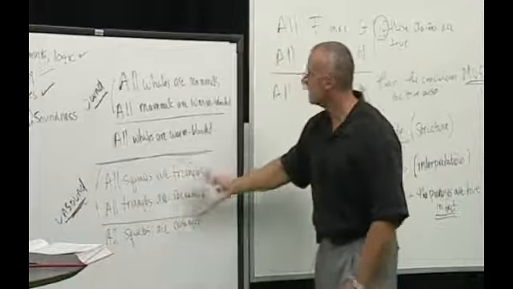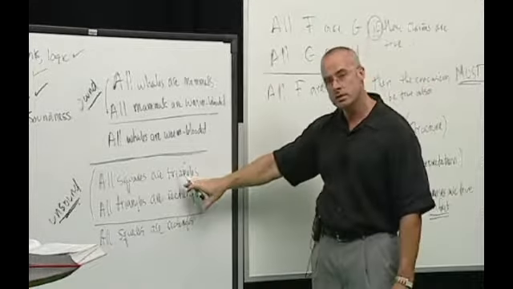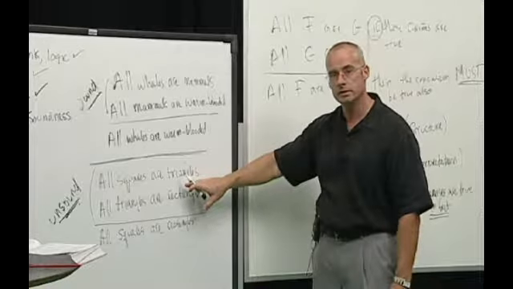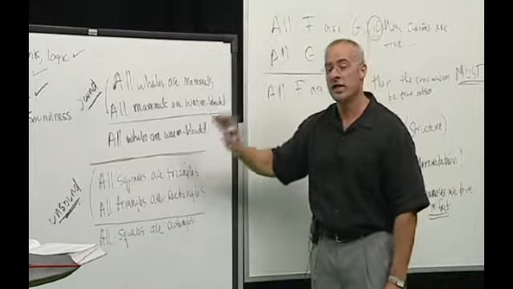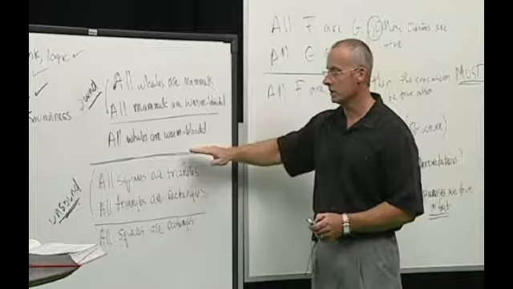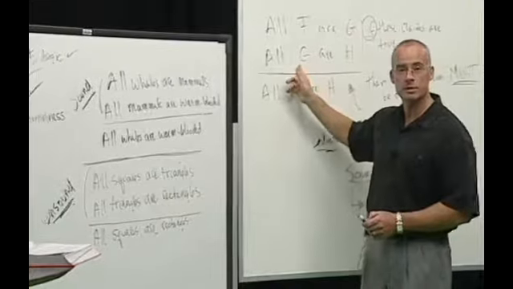It has an argument structure that is valid, but under this substitution instance, this interpretation, these claims come out false in the real world. And that's why we have this intuition that, well, this is a good argument and this is a poor argument, even though they have the same structure.